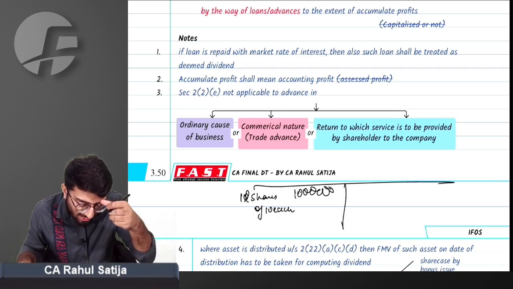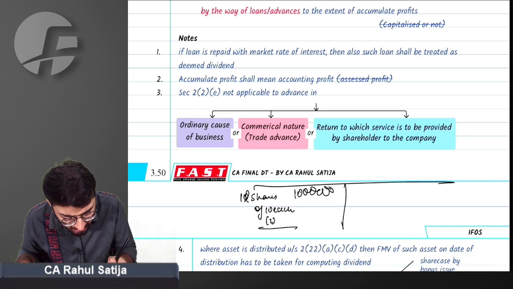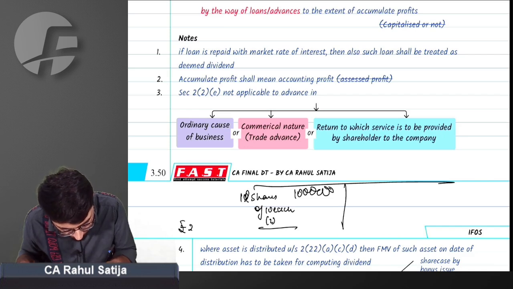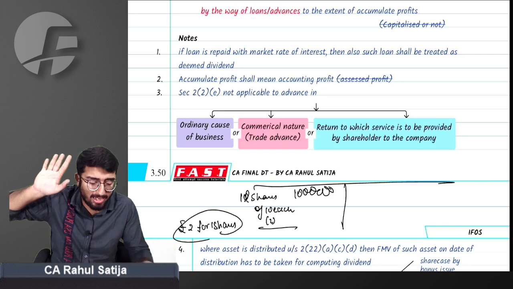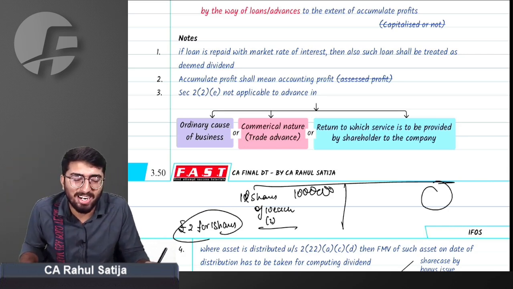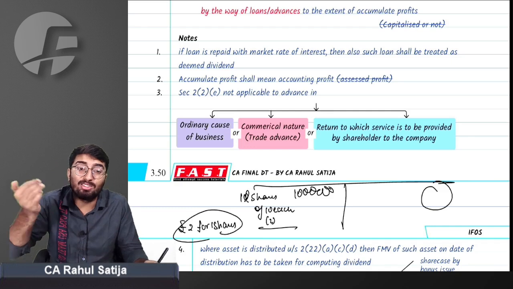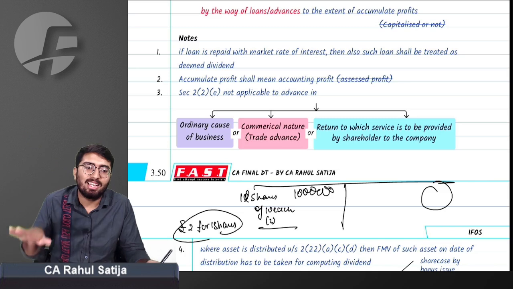Now, against this 1 lakh shares of 10 each, the company wants to reduce the share capital to 8 rupees each. So it repaid rupees 2 for 1 lakh shares, and against the repayment, it has not paid money, it has paid some assets whose worth is way more than 2 lakh rupees. Will it be considered as dividend? Right answer is yes, sir.